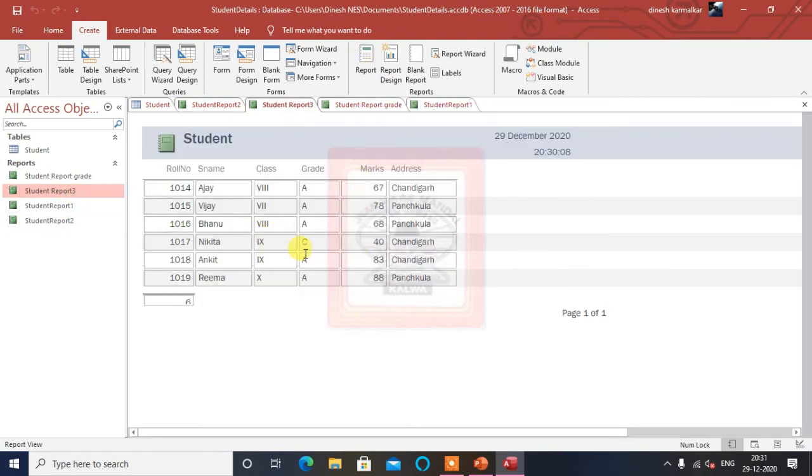So we have seen how to make the reports in different ways. You can use the blank report also, or you can use the report tool, it is one and the same, in which we are only getting the flexibility of changing the width and giving the headings and everything. Next time we will see how this can be done with the help of report design, and how we can give more formatting to the report. We can design the reports more. That we will see in the next practical.